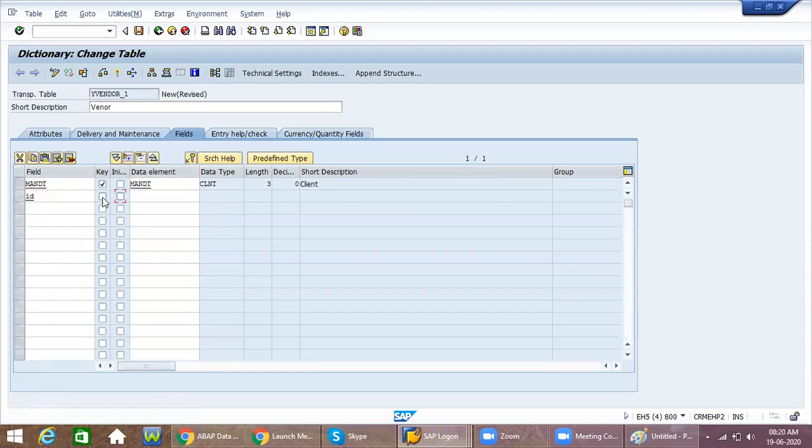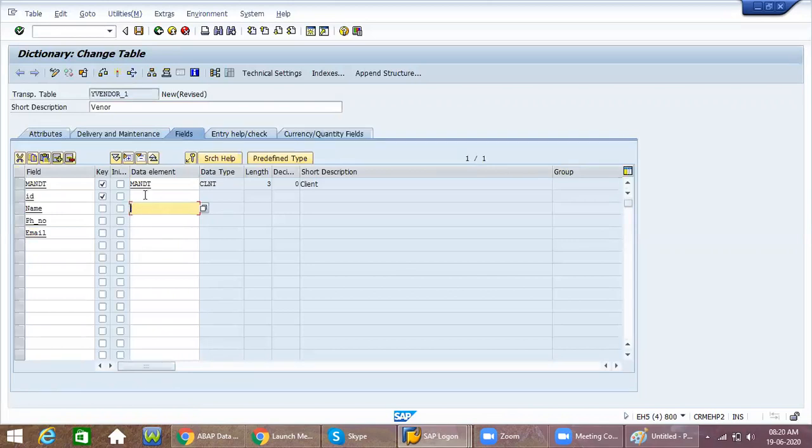Id is a key field, but instead of providing a data element, I will go without data element. Here id, name, phone number and email. These are the columns I want.